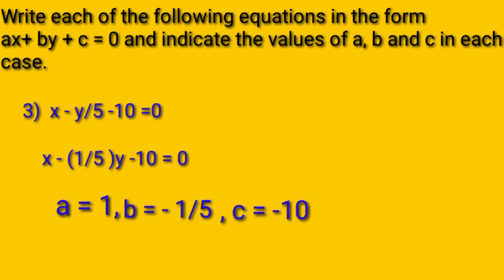Now we can move on to the next topic, that is the solution of a linear equation in two variables. We already know how to find the solution of a linear equation in one variable, and also we know that a linear equation in one variable has one and only one solution. That means only a unique solution is there for a linear equation in one variable. So let us check how many solutions a linear equation in two variables will have. Let us check that with the help of an example.